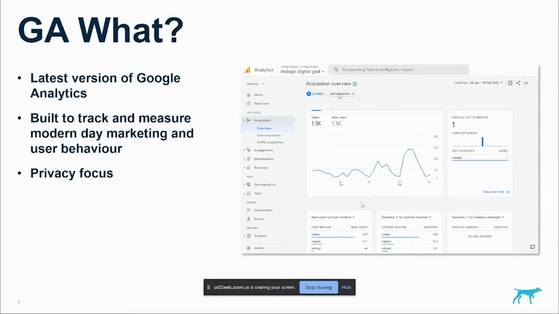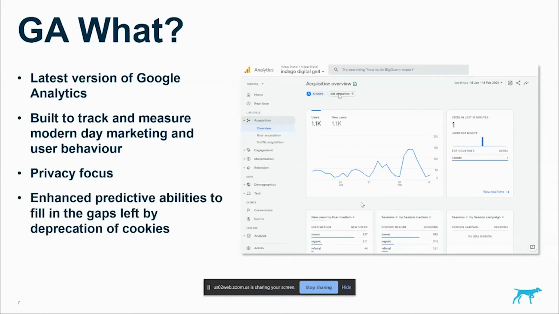Privacy is a big thing these days, and it's only going to get bigger and bigger. The whole data privacy conversation, cookies being slowly phased out, all of that has been taken into account whilst building GA4 by Google. It focuses a lot on privacy and data protection. There are a lot of settings that Google has added to the platform itself that help you control how you want to distribute and collect data. Also, it has